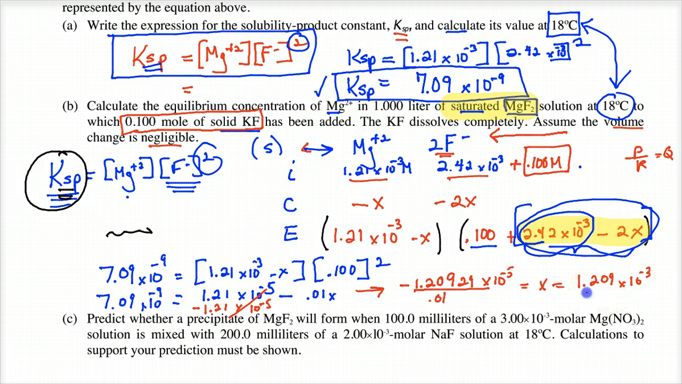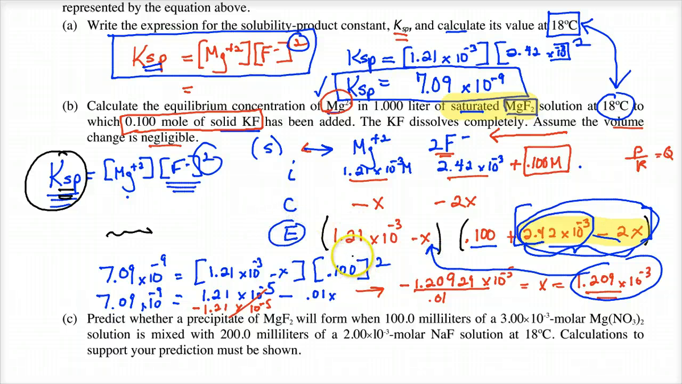Okay, that's my x. It's not my answer, though. The answer wanted the concentration of Mg plus 2. That's 1.21 times 10 to the negative 3 minus x. So when you put this value back into this equation here, which is the equilibrium concentration, and do the subtraction, and I'll just write it out here for our viewing, I get 1.21 times 10 to the negative 3